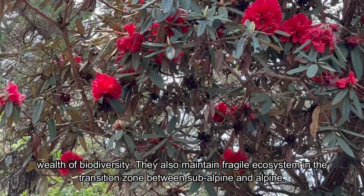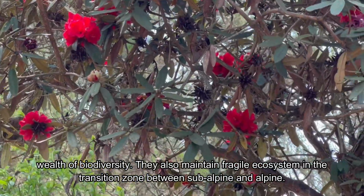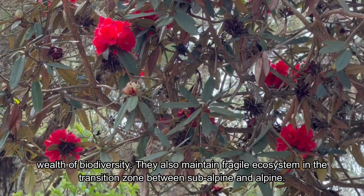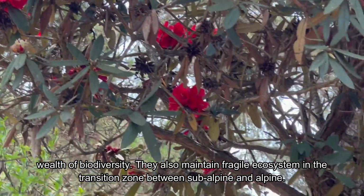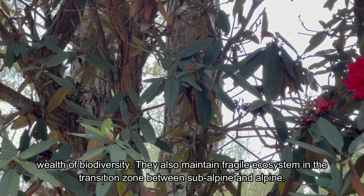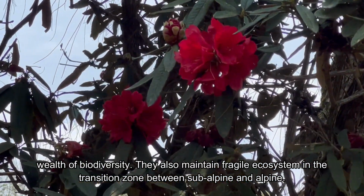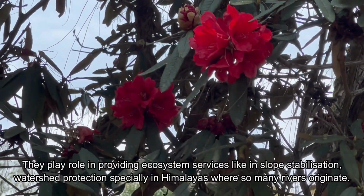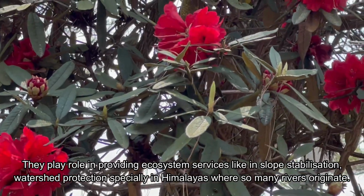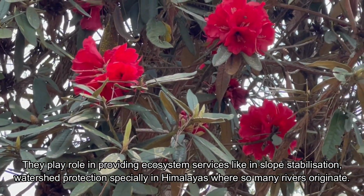Rhododendrons are considered as key indicators of healthy forest ecosystem, which support wealth of biodiversity. Rhododendrons also maintain fragile ecosystem in a transition zone between subalpine to alpine. They play a role in providing ecosystem services like in slope stabilization, watershed protection, especially in Himalayas where so many